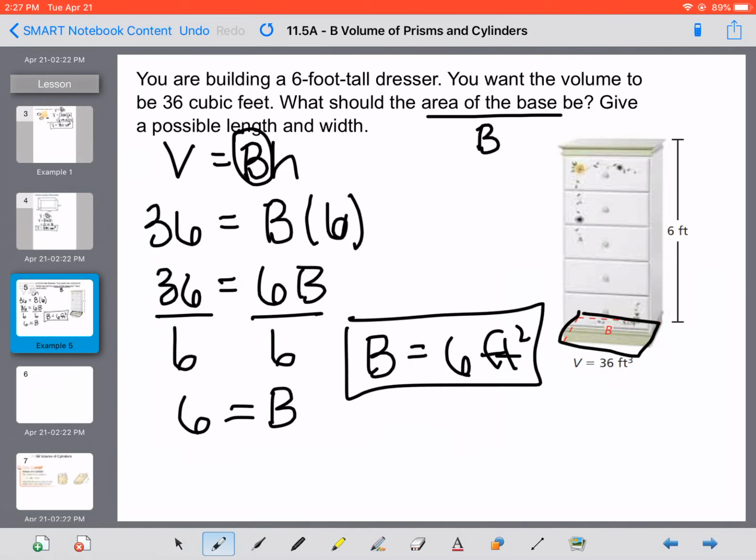And then it says give possible lengths. What could your length and your width be so that you have an area of 6 on the bottom of your dresser? You could have one be a 2 and one be 3, because 2 times 3 is 6, or one of them be 6 and one of them be 1. So you could have a 2 foot by 3 foot base, or you could have a 6 foot by 1 foot base. And those would be your possible lengths that you could have with a base of 6 feet. And that is how we find